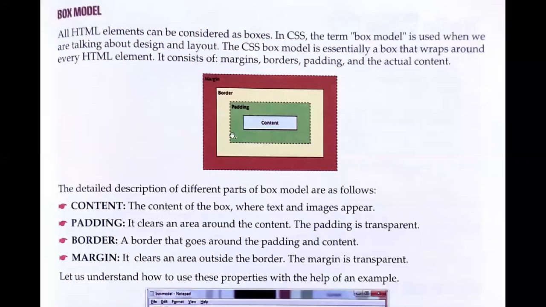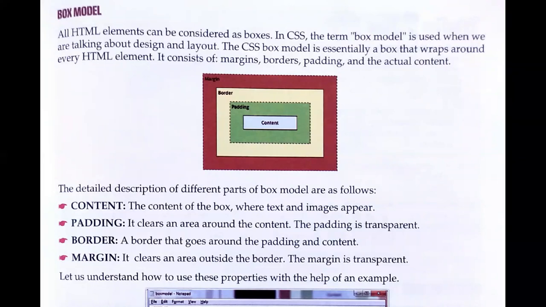So after discussing the outline property in detail, now it's time to understand what the box model is. Box model is a very important model whenever we want to learn web designing. If you learn web designing in future, in your bachelor's or in a certification course, you have to understand the box model.